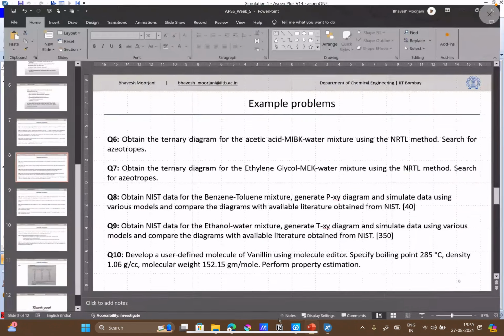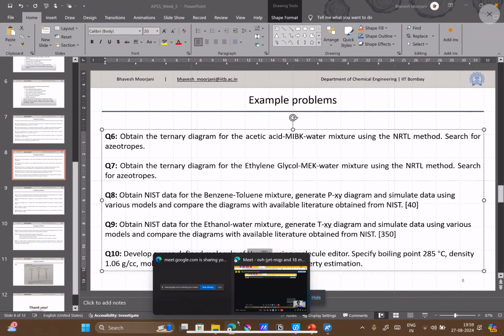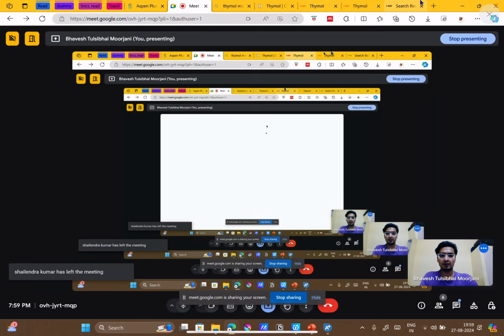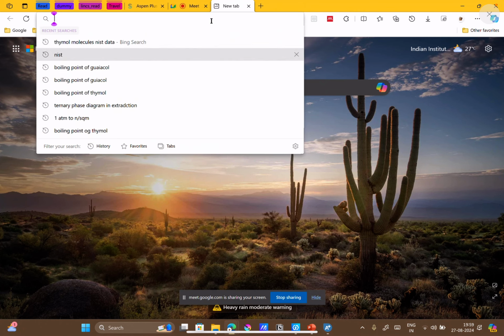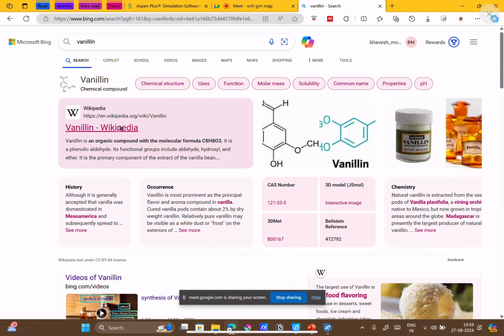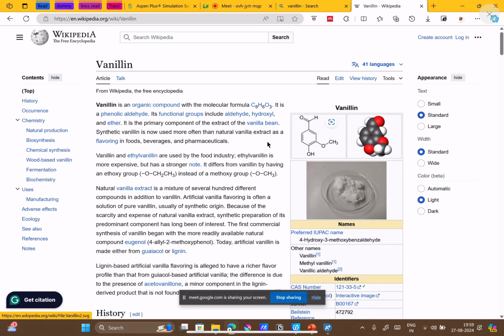First, if you search the vanillin molecule, okay, this is how the vanillin molecule looks. It's an organic compound with a phenolic aldehyde group.